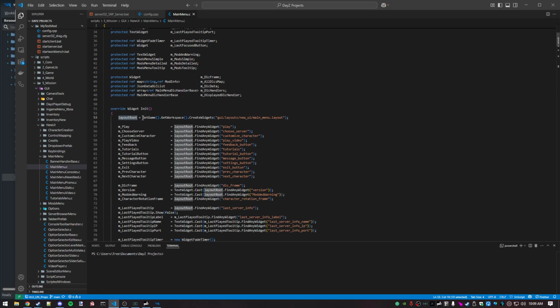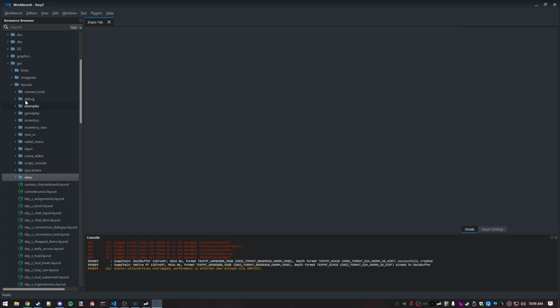And in most cases, in any widget you have, the first line is creating that layout. So what is the thing that we're going to be displaying? And right here you can see we have a file path to GUI, layouts, new UI, main menu layout. So right off the bat, we have a path to go find the layout and look at it in Workbench. So GUI, layouts, new UI,